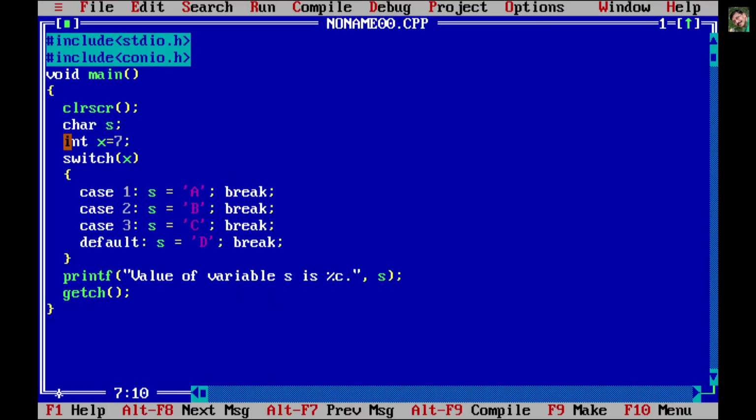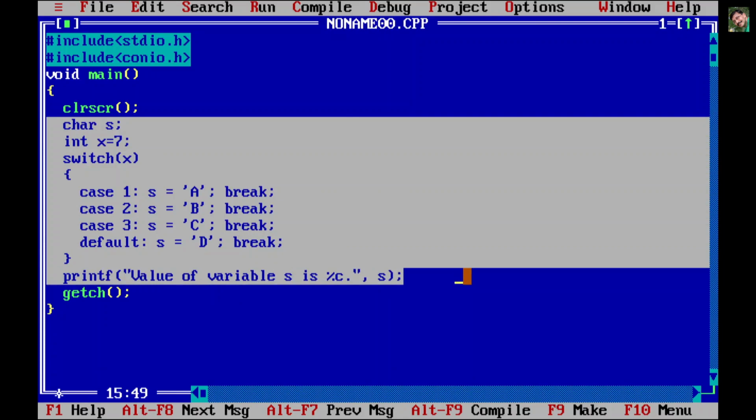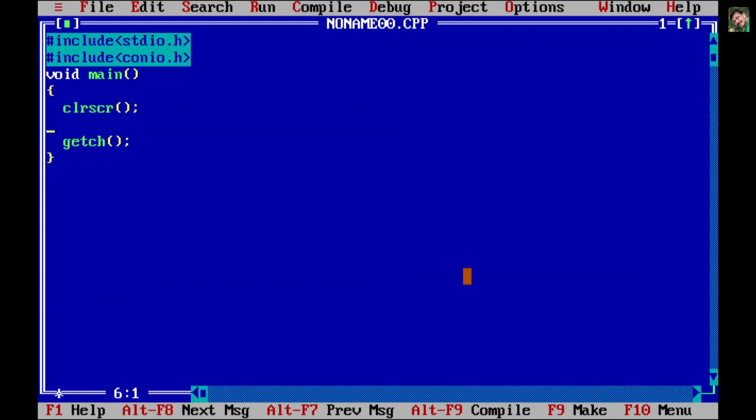Let us write one more program of switch to understand this particular situation and to understand how this switch is working.